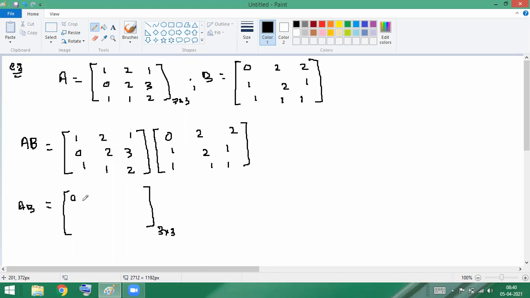It means that the element will be A11. Sir, you are writing the elements of matrix A as A11 and B as B11, so can we write AB as AB11? Yes, we can. But here numbers are already given, so we can choose any terms to express any matrices. You can write C also as A11, no issue. So A11, A12, A13, then B21, B22, B23, then B31, B32, B33. Okay, now let's do it.